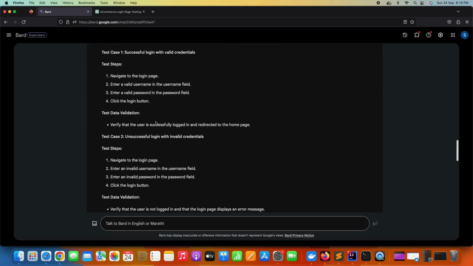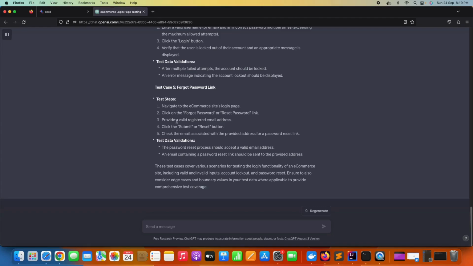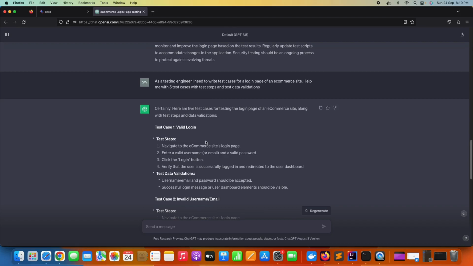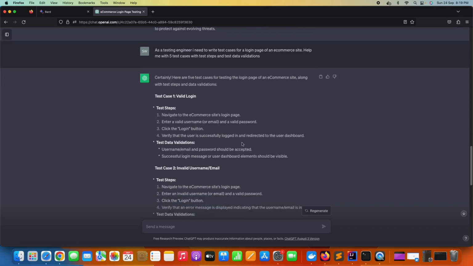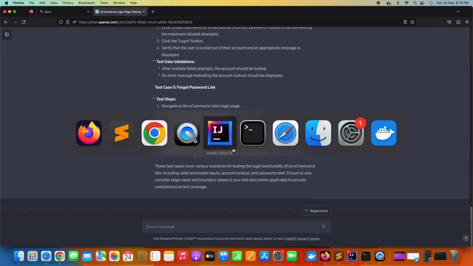And similarly Google Bard as well. Okay, so instead of writing detailed steps and everything, you can directly have a look into this. Okay, verify on your own, and you can copy it and modify as per your need. Okay, so now